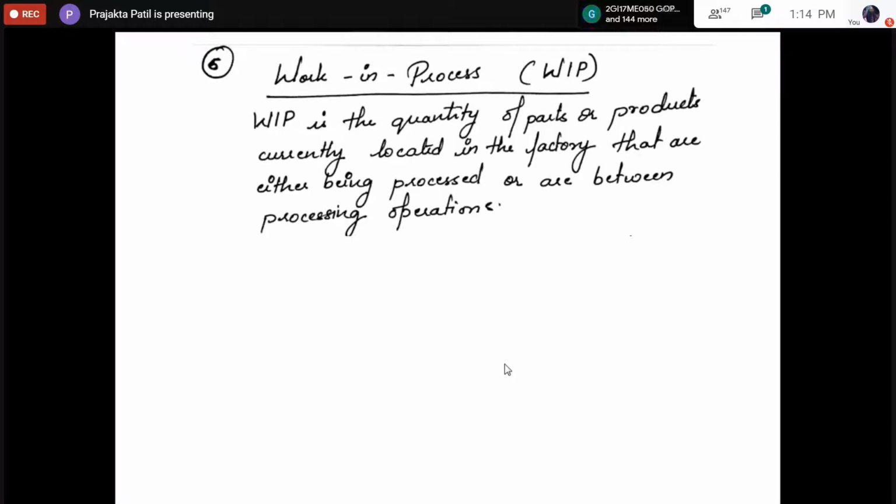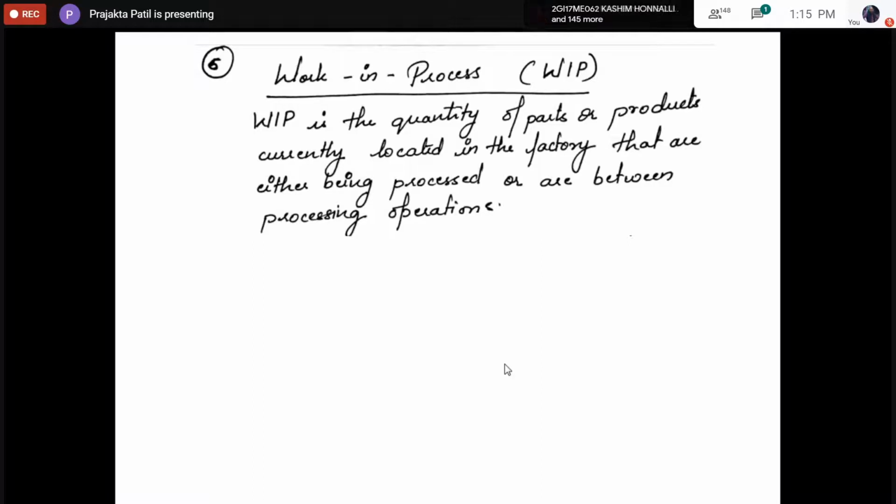So when it comes to mass production, you will see a number of stations lined up. Whenever a part is moving from one station to another, consider the same example I just took, a part moving from the lathe to the milling station. At the milling station, when one part is already having the pocketing operation performed, the next part is going to wait there. It cannot be processed immediately until the previous part is completed.